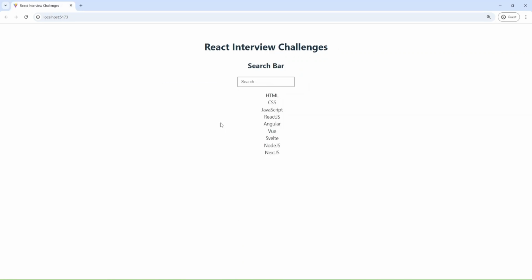Today I'm going to provide and explain the solution to the search bar React.js coding interview task. Let's take a look at the design. As you can see, we have some headers and an input and a list of items. And when I provide some search value like JS, as you can see, we have filtered items, and I can provide more values, and as you can see, now we have nothing, and let me provide React, and React.js was filtered. And now let's go to the code and implement our challenge.